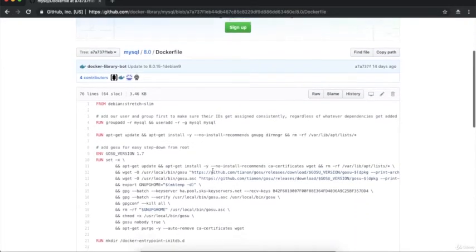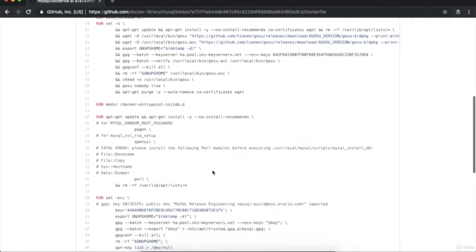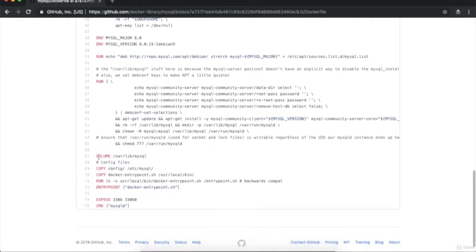And over here we can see we must have some kind of command like VOLUME, right? Because this is a database and there should be some kind of command where we are persisting the data, right? And you can see we have the VOLUME command over here. So inside the Dockerfile of MySQL, it is defining the volume, and the volume is defined at /var/lib/mysql. This is the physical location on your machine where this particular container will store its data, right?